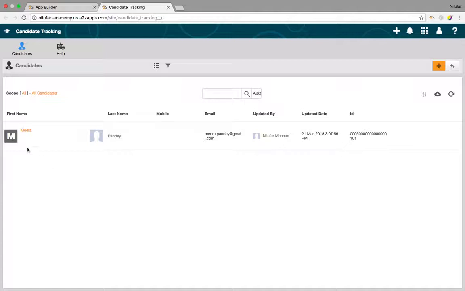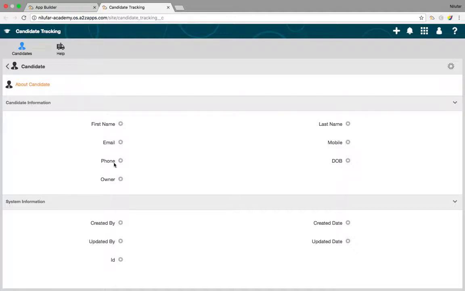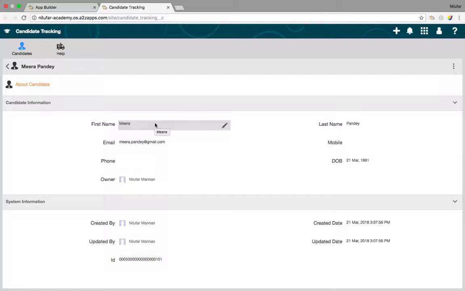Right, now if I go to the detail of this record, now this is a quick view. We also call it quick view. All right, now if I go to the detail view of this record, then I will see the change in my layout, which was earlier not there. So you can see this section has come up called candidate information. This is coming because I have defined that record layout, and here the ordering of the fields has also changed as per the layout that I have defined. All right, it has come right here, first name, last name, email, mobile, and so on and so forth. So here we have learned two things. We have learned to define our record layout. We have learned how to define a view.